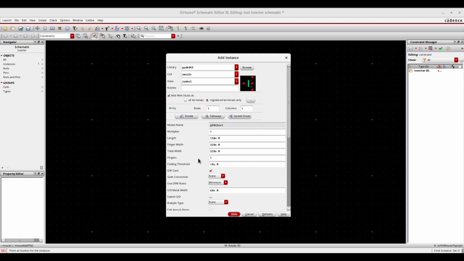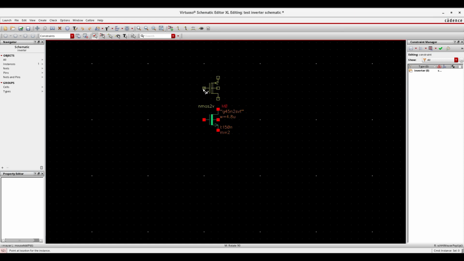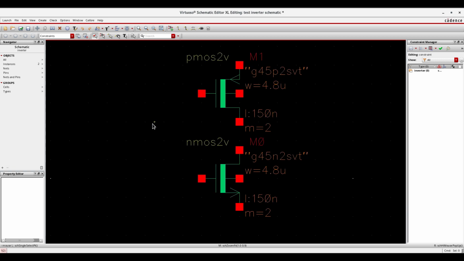So just click I, again you need to click I. Same way here, instead of NMOS I am going to take PMOS. So I just rechange the name here. I am going to take the same parameters: 2 multipliers, 4 fingers, and 1200 nanometer, that is nothing but 1.2 micrometer, okay. I am not going to change anything here, just click hide, and I am going to keep my device here, okay. Once your device is placed successfully, you need to complete the routing.